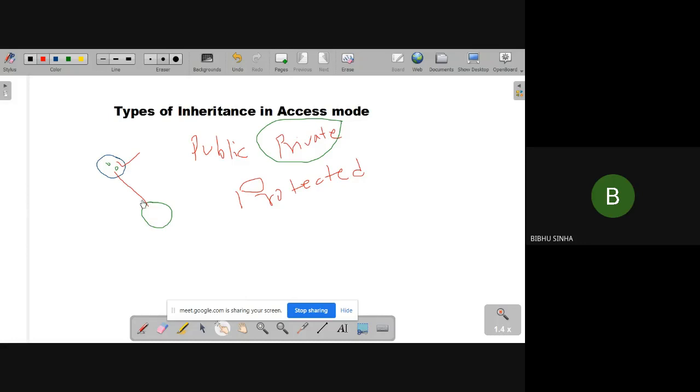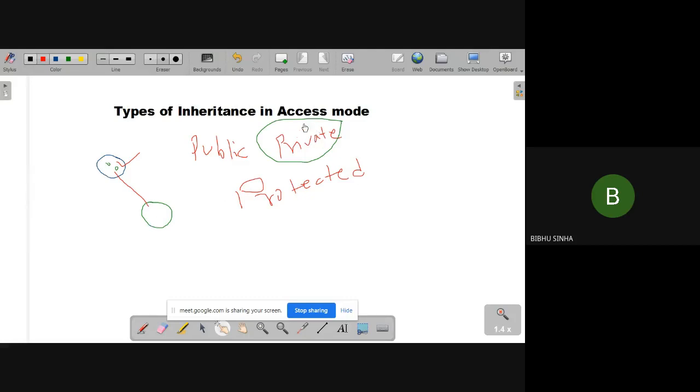If we inherit the data in protected mode, the data can be accessed here and also here, but not outside. Protected means I can access the data in the base class and the subclass, but not outside these classes.